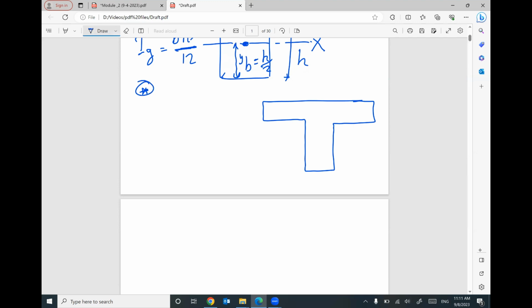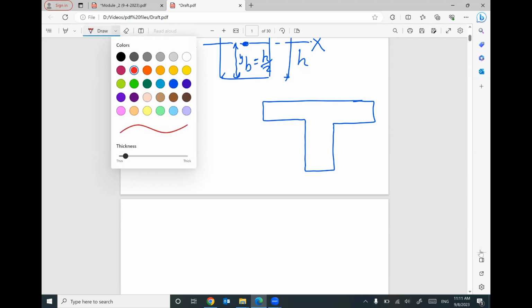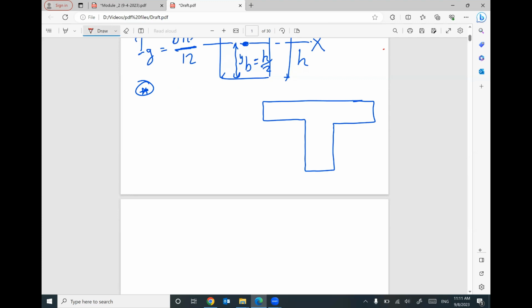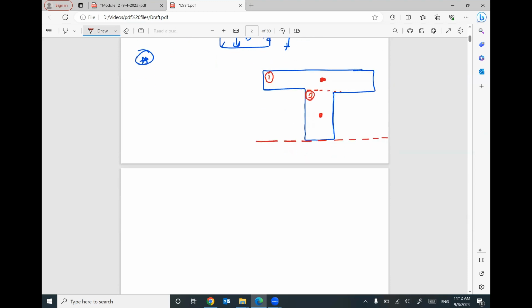Just a reminder of something you learned during engineering mechanics. I will divide this cross section into two parts: part number 1 and part number 2. The centroid for the first part is here. The centroid of the second part is here. And I'm going to assume a reference at the bottom of the cross section. If you would like your Y bar, which is the height of the centroid, it equals